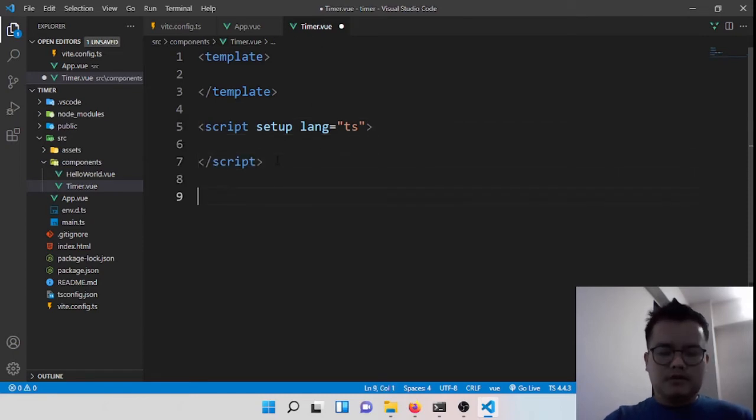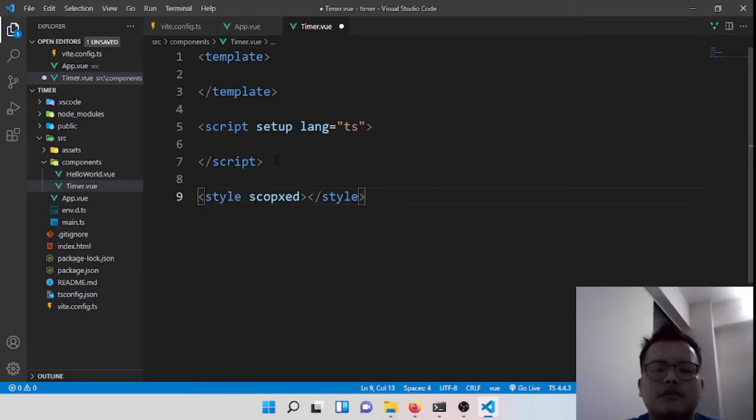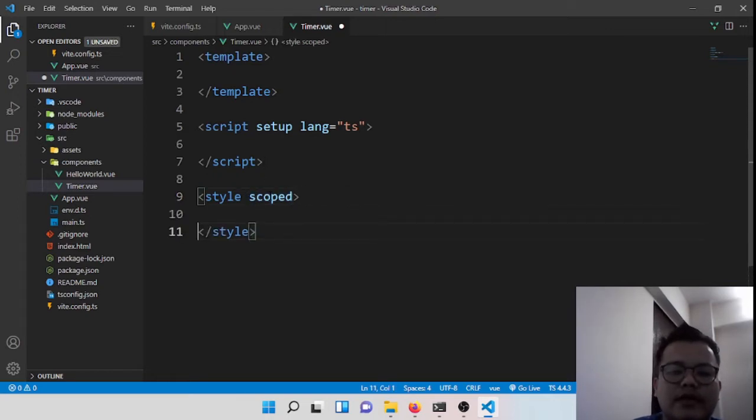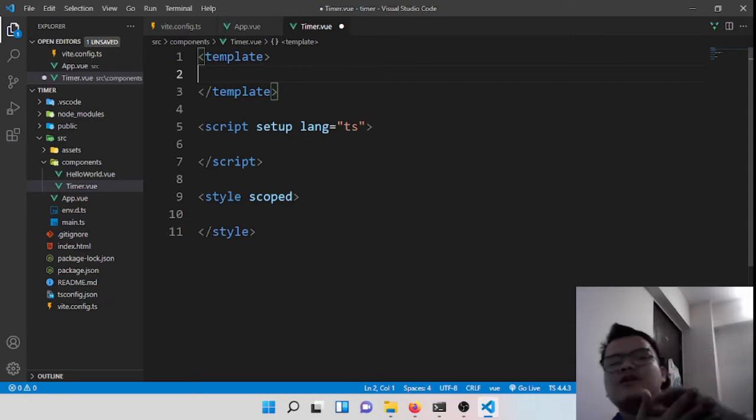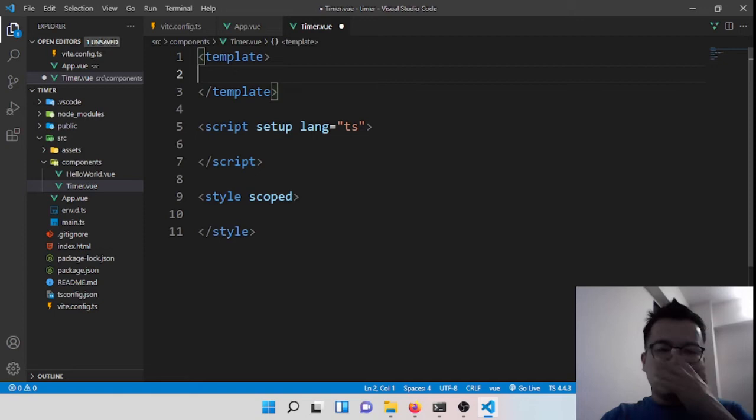Okay, and style scoped. What does style scoped mean? Whenever you are declaring any component and declaring its style with scoped, whatever class you have written here is only accessible to this template. Whatever class and id you have selected will be available only in this component, and it will not pollute, meaning not affect, the outside components, sibling components, or let's say the parent component. Okay, so